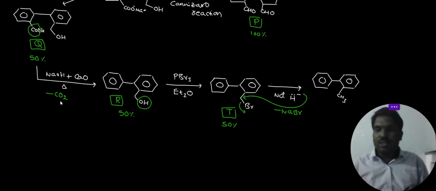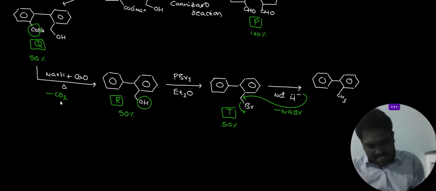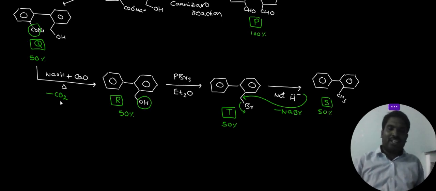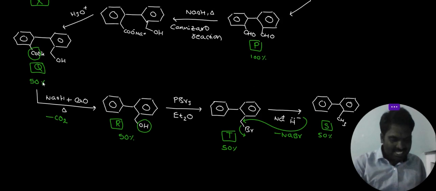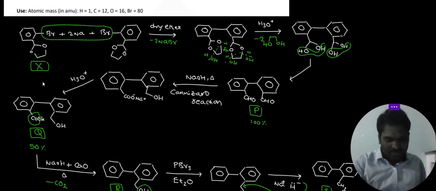CH3. So this is the compound S. It is also formed as 50% yield. Understood this reaction sequence? So once observe, first